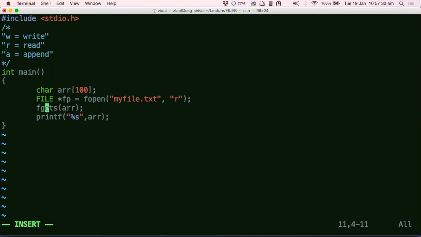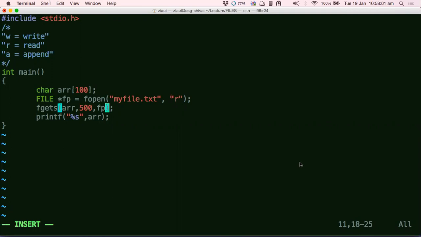But fgets needs a size, because you have to say how many characters you want to read from the file. That's the way it has been designed. I mean, we can't do anything about that. We cannot skip a parameter and say it is going to work. No, it's not going to work. You have to give that parameter as it is. You have to give a number there, which is how many characters to read from the file. And then you have to give a file pointer at the end. That's the syntax of fgets. You cannot change this, right?